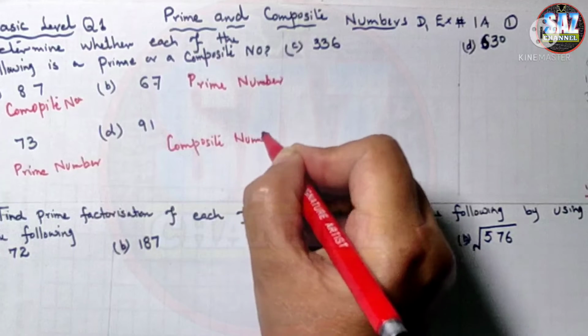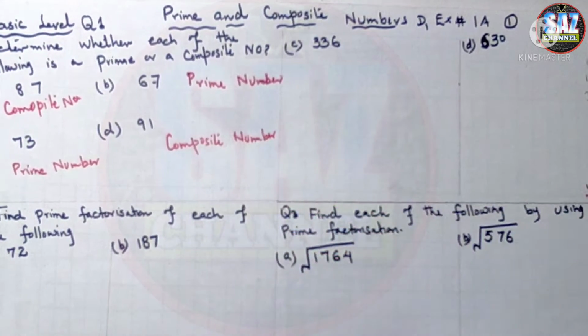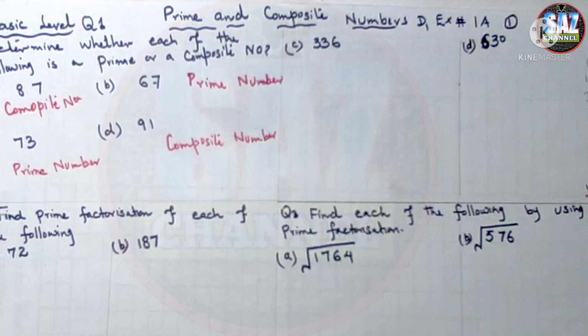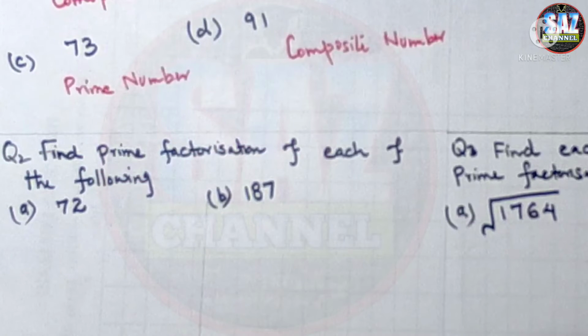I hope, students, you are really clear how we are deciding. We are not simply making the decision by looking at the number. We are applying the divisibility test in order to make a clear decision whether the number is a prime number or composite number. Moving to the second question, and the second question says, find the prime factorization of each of